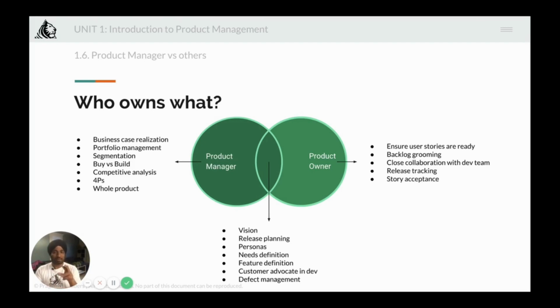And both of these combined discuss and own the vision. Typically, product manager is more responsible for the vision, but still, the lines are getting very, very blurred. Both will look at release planning, both will look at personas, they will all work together, but effectively, this is the split. But like I said, this varies from company to company. So, in your own company or the company that you plan to end up in, things might be pretty different,